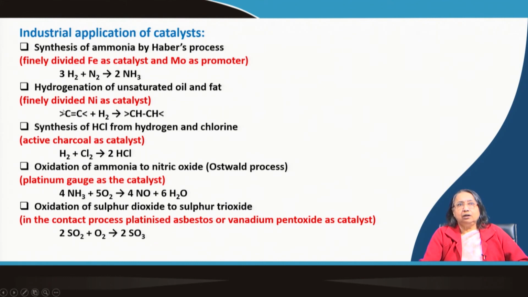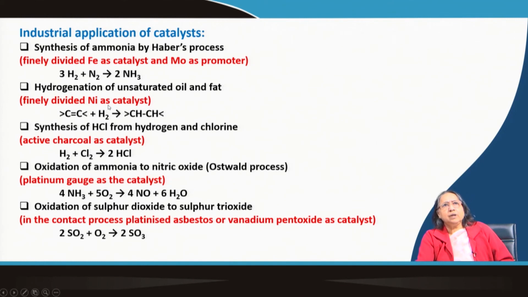In unsaturated oil and fat, the double bond is there. So the hydrogenation can be done in the presence of Raney nickel, or finely divided nickel, as catalyst. So this is also heterogeneous catalysis. Synthesis of HCl from hydrogen and chlorine, which I have already told you, uses active charcoal; this is also a very important procedure